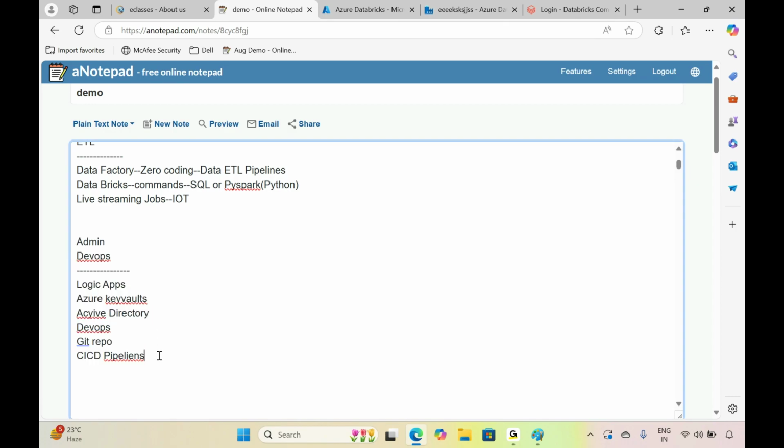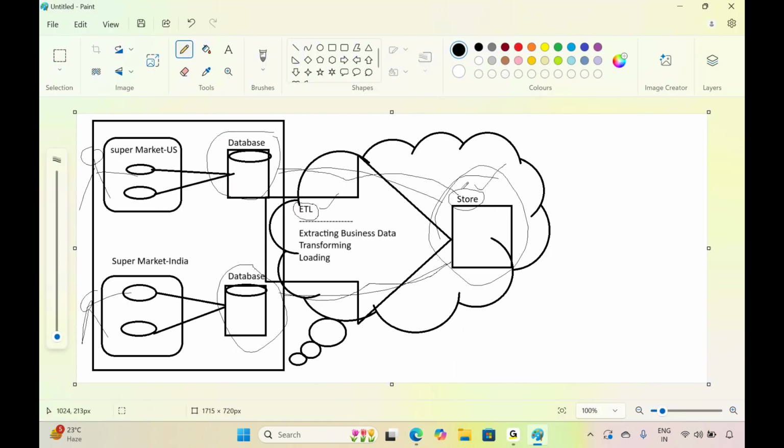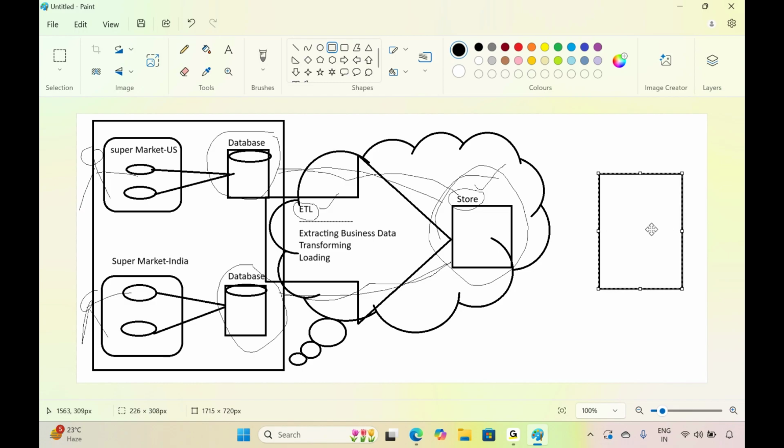Then finally I'm going to cover one more thing for two sessions: Power BI. What is Power BI? Finally, once your data is coming and stored inside this Microsoft Azure cloud, by using Power BI we are going to design reports and dashboards.